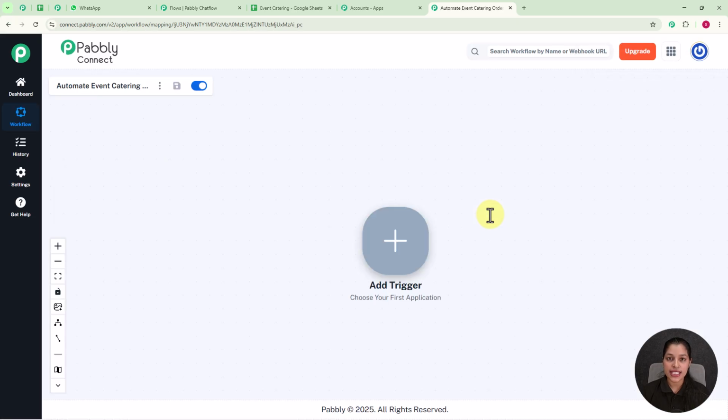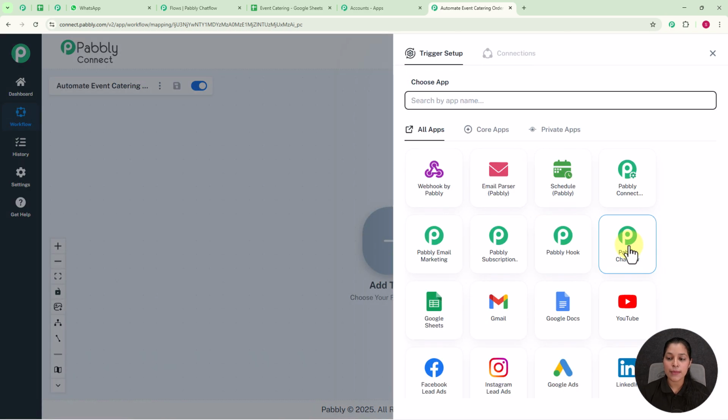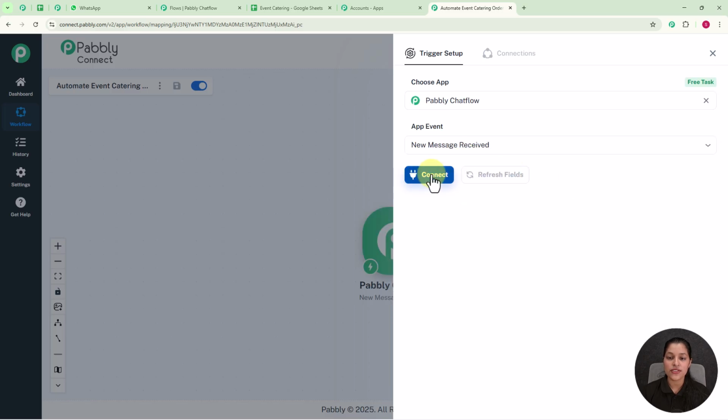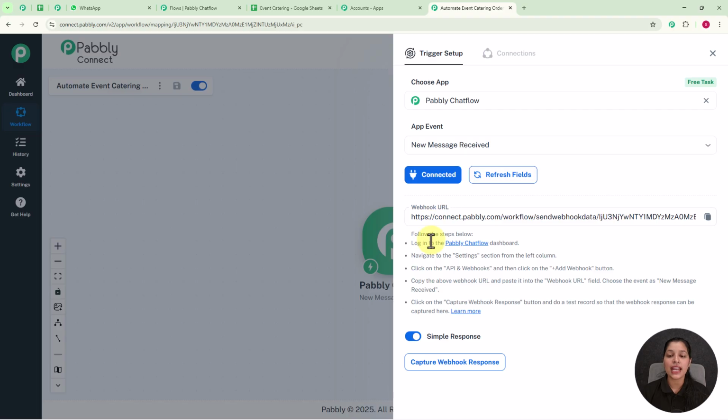So trigger is basically the action which is going to initiate our workflow. So in this case I want to initiate my workflow as soon as I receive a new message over the Pabbly Chatflow. So here I am going to select my trigger app as Pabbly Chatflow, and afterwards I am going to select my app event as new message received. Now we simply have to click over this connect button, and here you can see we are getting the webhook URL which we have to paste over the Pabbly Chatflow on the API request so that we can build the